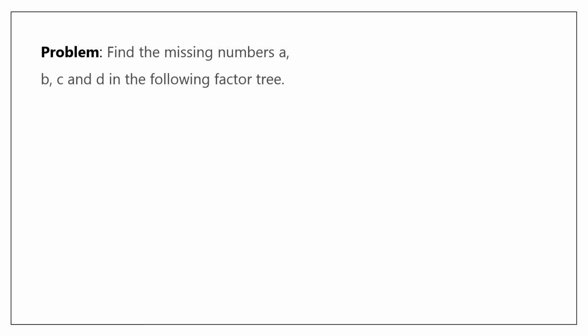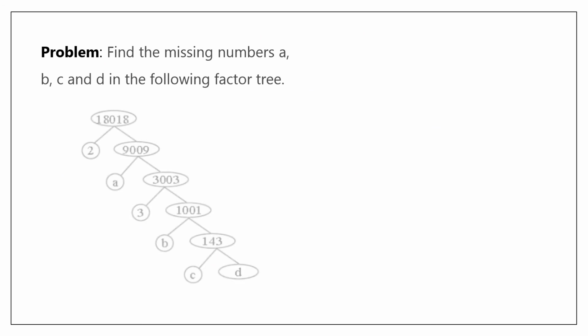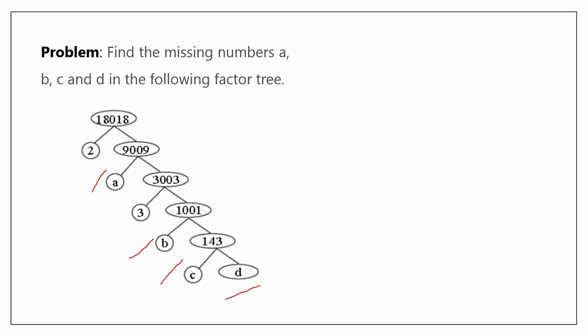Find the missing numbers A, B, C and D in the following factor tree. He has given a factor tree where some unknowns are there. You have to find them. Now these are the unknowns A, B, C and D. Okay, we have to find this. And by using the factor tree, we know